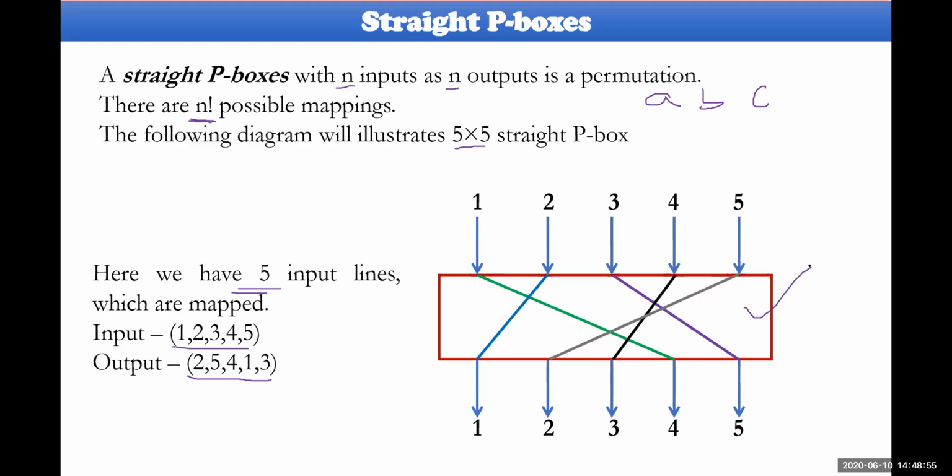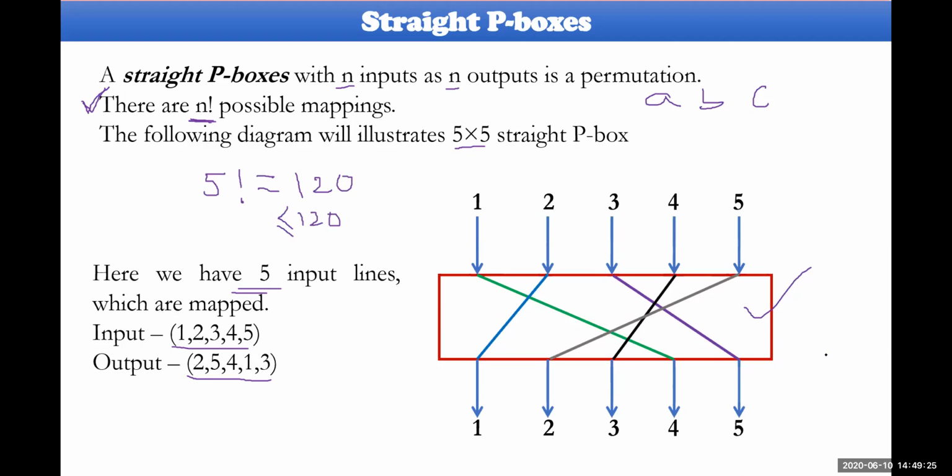You maybe change the arrangement, so you could perform. So here, as for point number 2, you could remember this particular point. The number of inputs will be equal to 5. So 5 factorial, in the sense 120. So you could perform 120, or less than or equal to 120, different kinds of permutations prepared by this straight P box here, because the number of inputs will be equal to